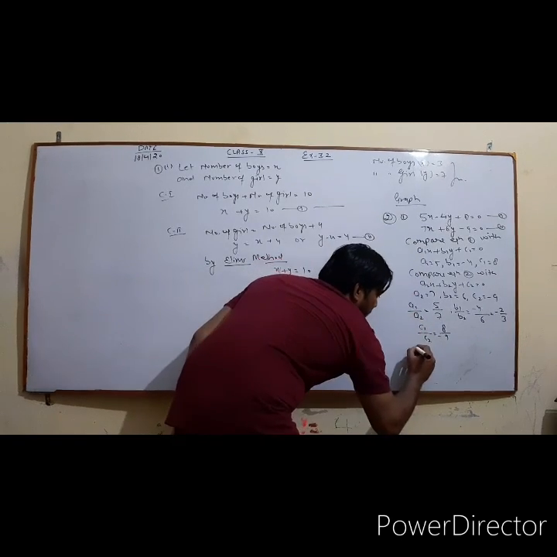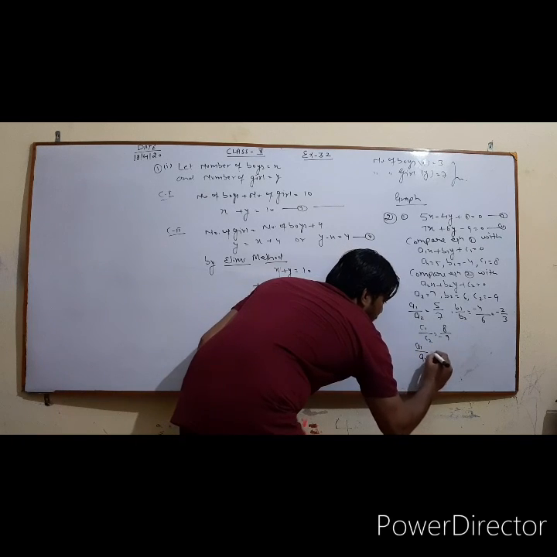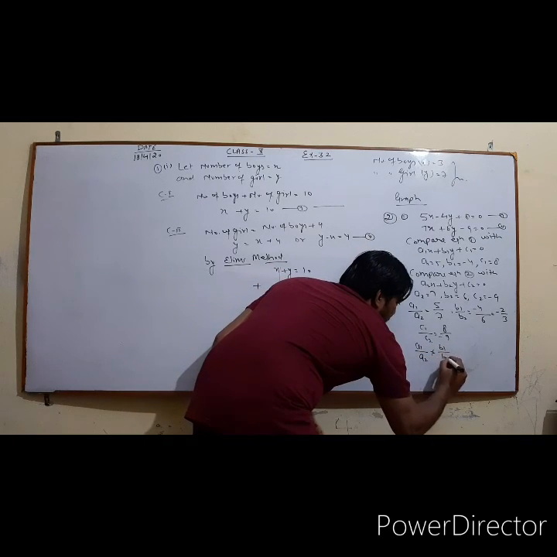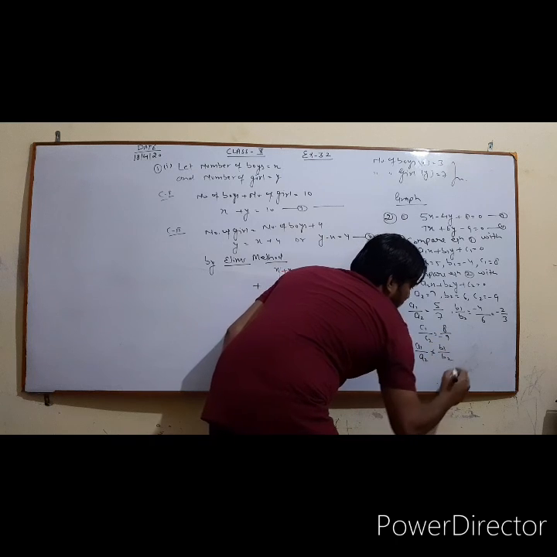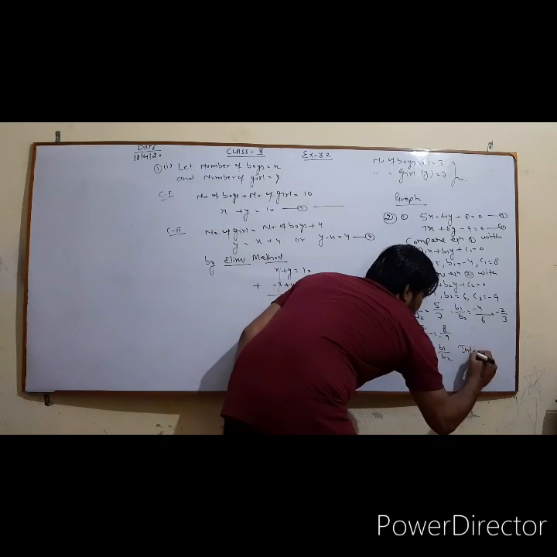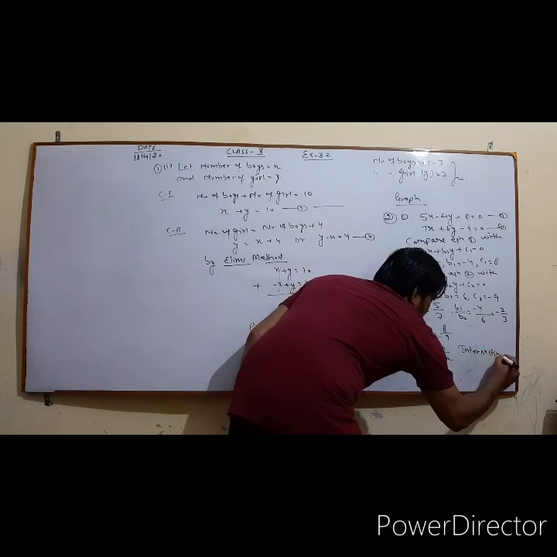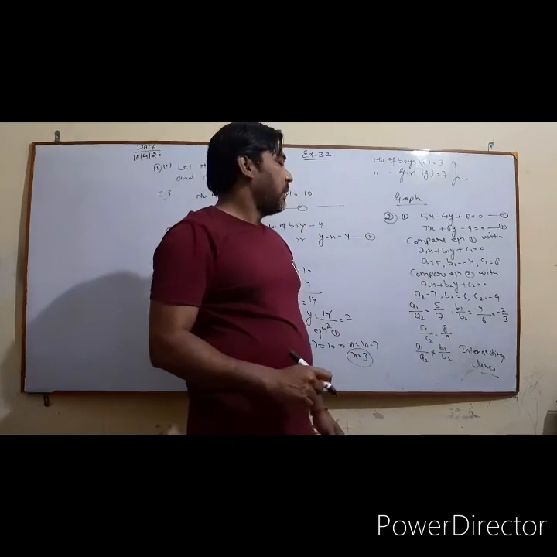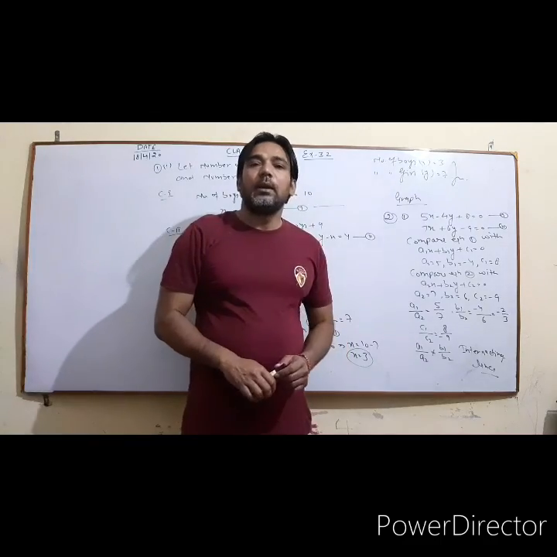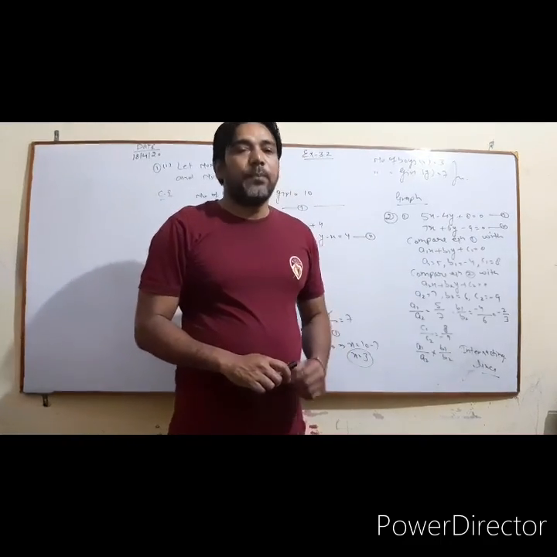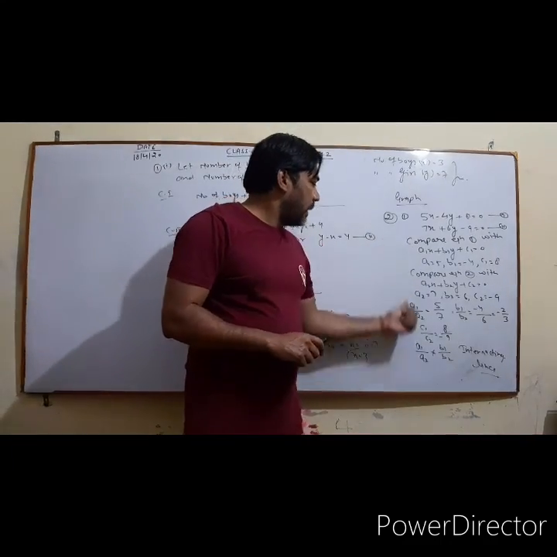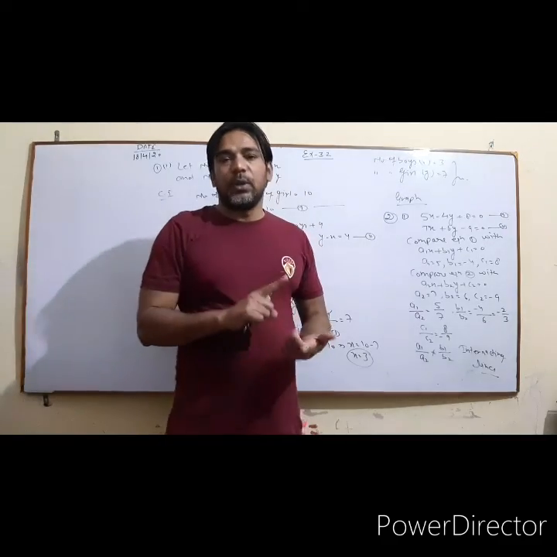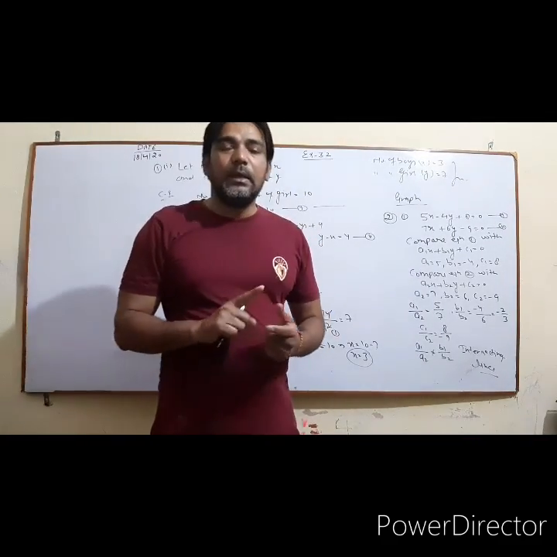तो clearly we are observing a1 upon a2 is not equal to b1 upon b2. So that means lines कैसी हो गई आपकी? Intersecting lines. Or simply you can say that these are the what? Consistent lines. Okay. So with the help of this or in this way you can solve question number 2 and question number 3 both easily.